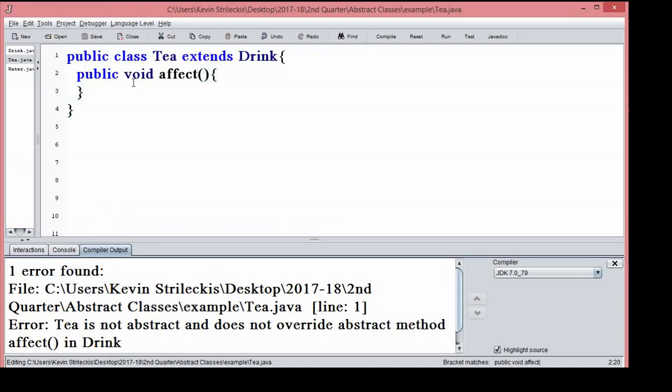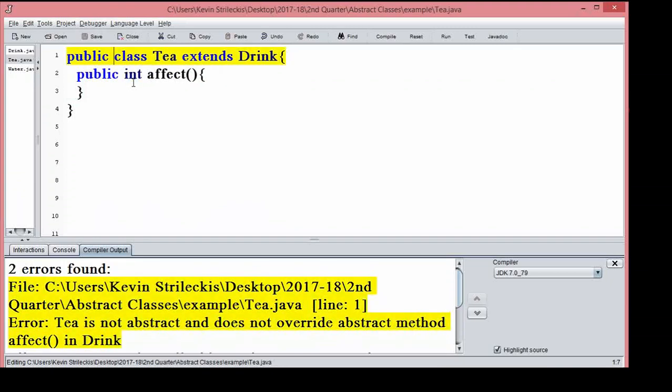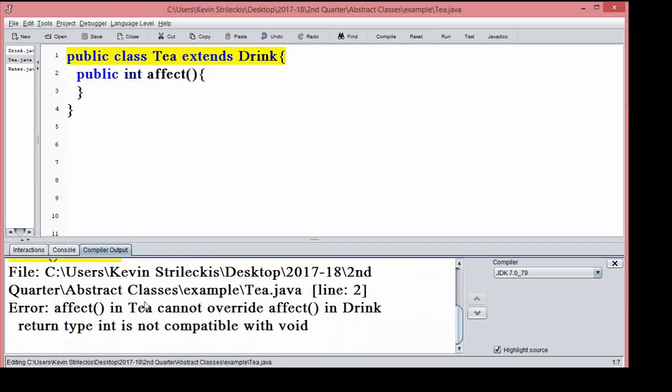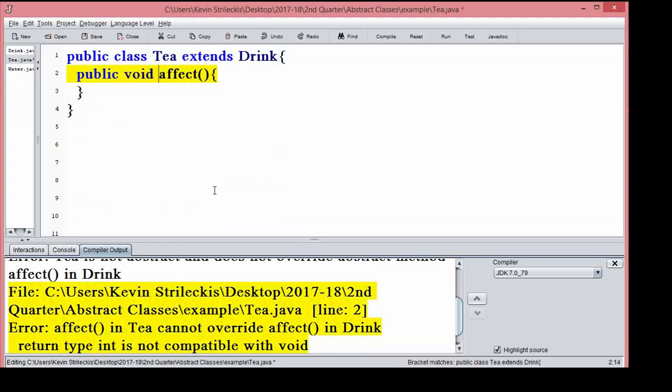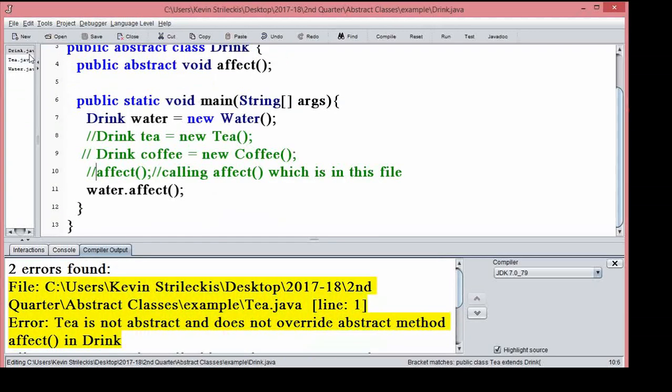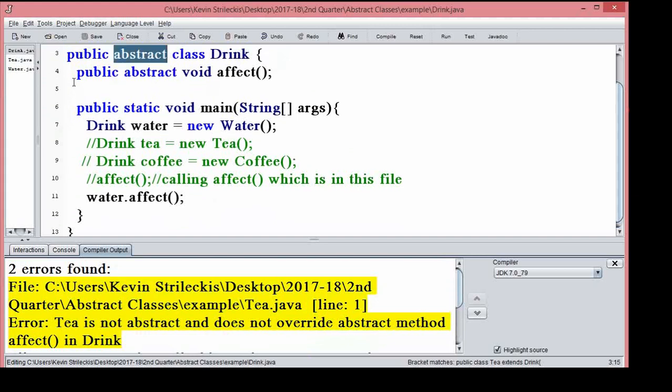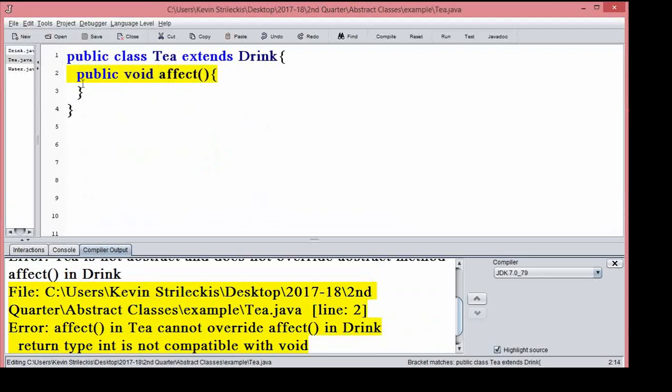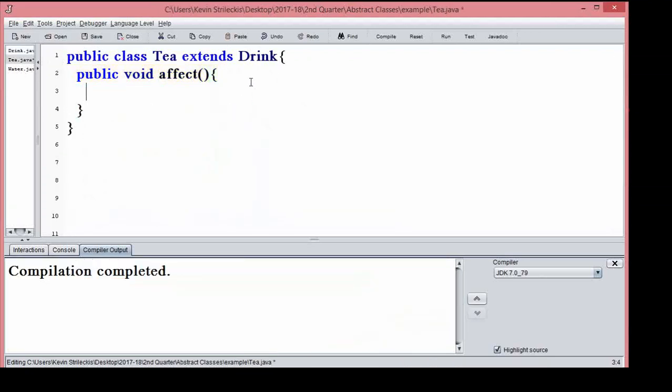Also, don't change the return type here. Don't change anything about it. Just use whatever it was in drink. Whatever the parent abstract class contains as an abstract method should be general enough that all children of that class are able to use it just fine.